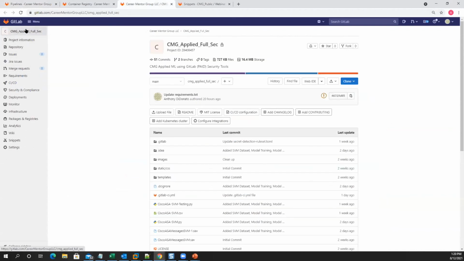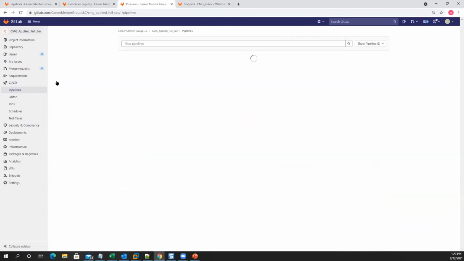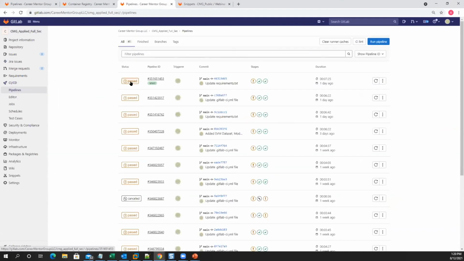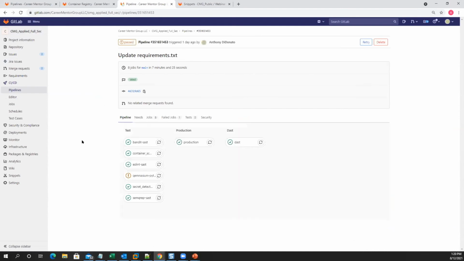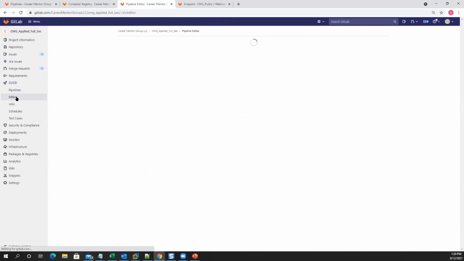Over here, you'll see my CMG applied full security. What I have is a pipeline that incorporates their templates. All of this was added to the pipeline. So I have a test, production, and dynamic application security testing. If I look at the editor,